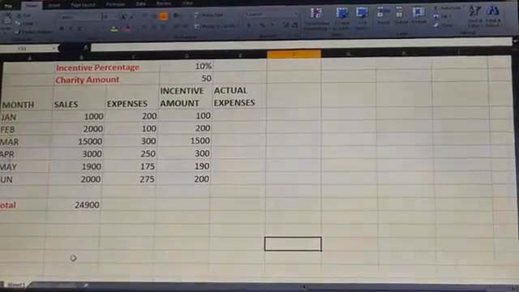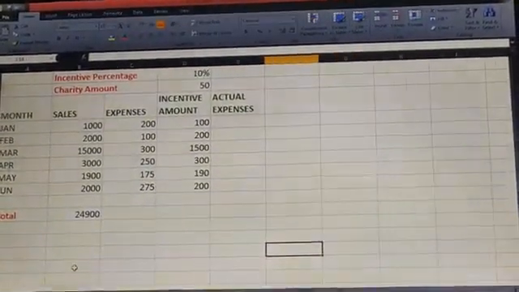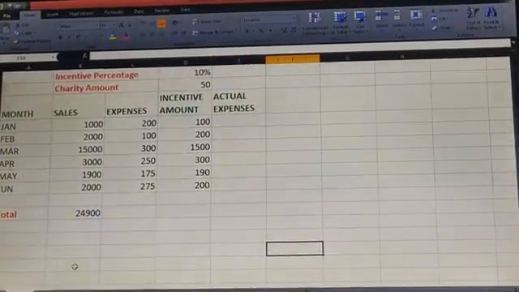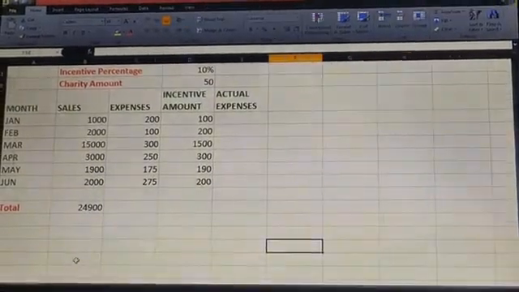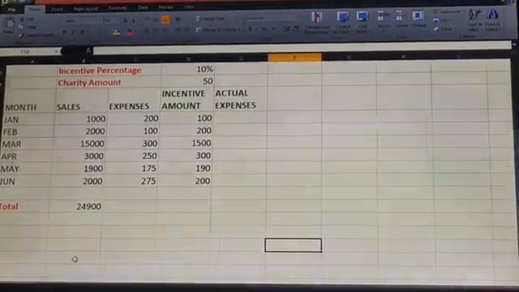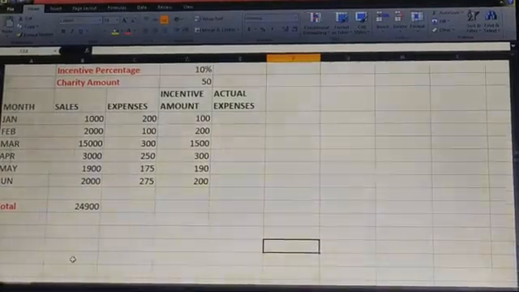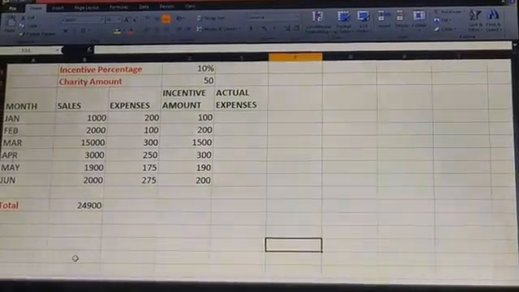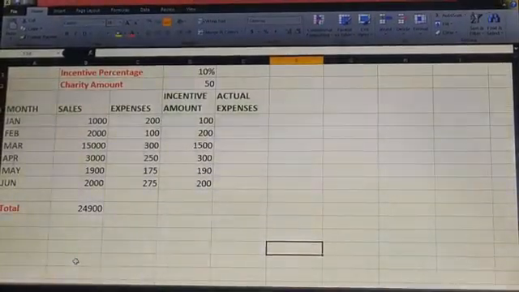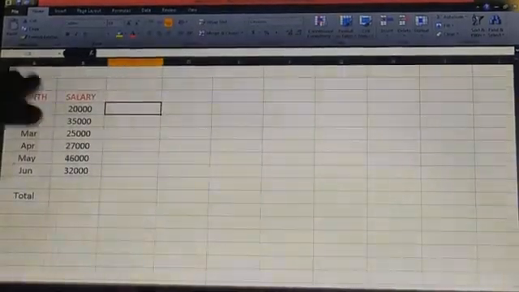So students, this is my MS Excel program, and in this program I have already created Sheet 1. In our previous class we completed this. So you can see that there are Sheet 1, Sheet 2 and Sheet 3. By default only 3 sheets will display. If you want to add more, then you can click on the add sheet option, that is this. Okay, so again I am clicking on Sheet 2 and I have already typed this in Sheet 2.